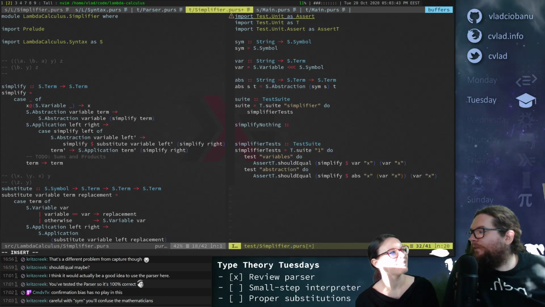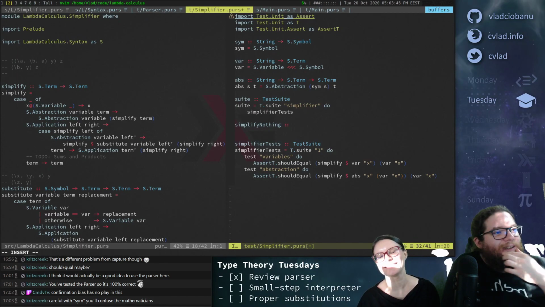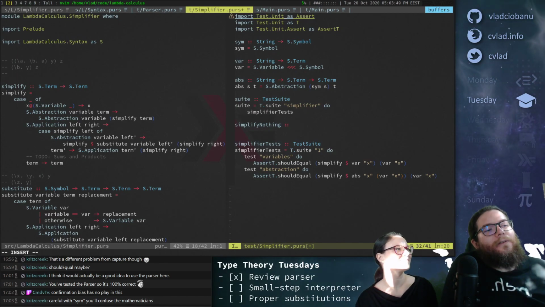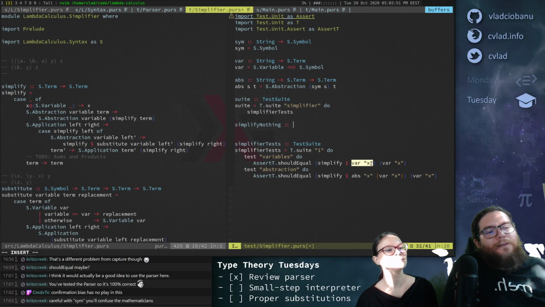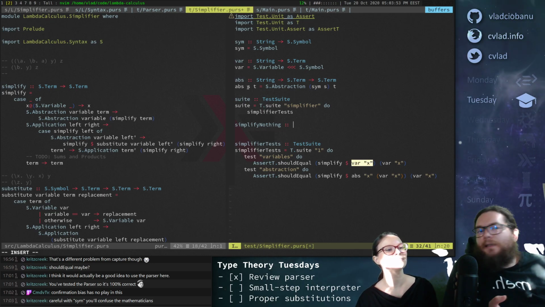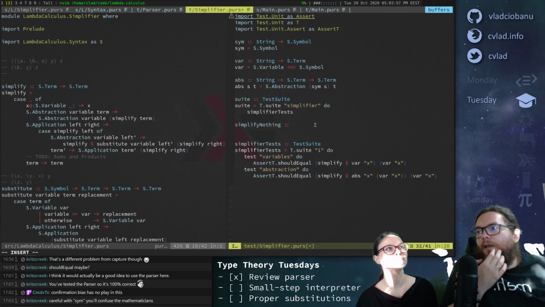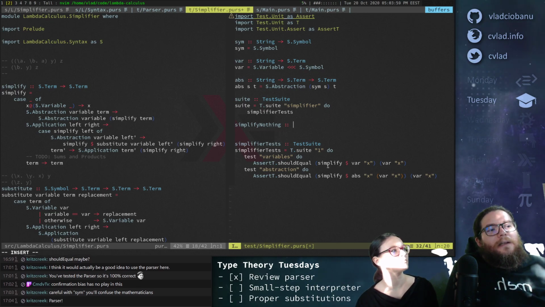Why? Parser? No, yeah. I refuse. I absolutely refuse. And then how do you test if they're equal? You still need to write the result as this in the end, right? Like you parse it, but then the result is a term. We can't unparse back to string, so it's going to be harder, right?